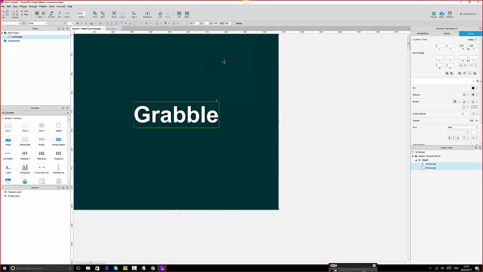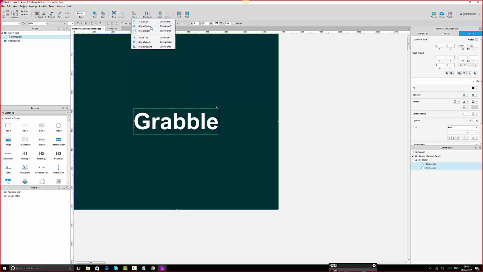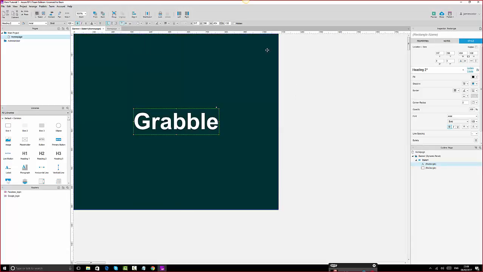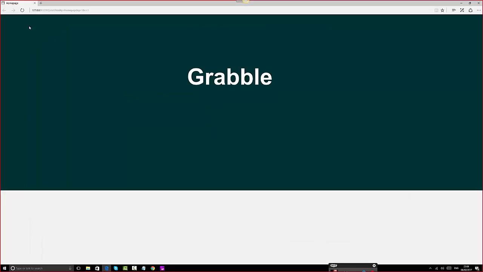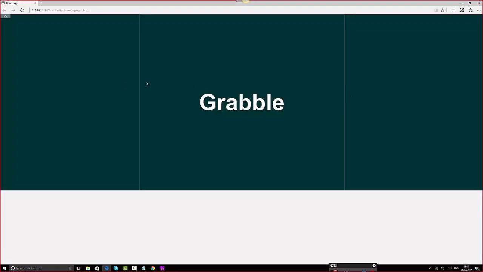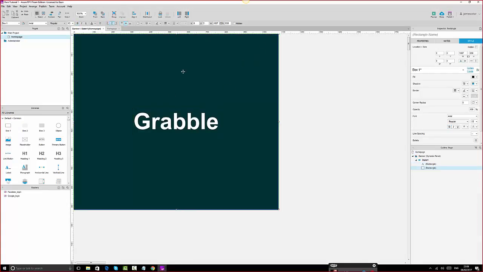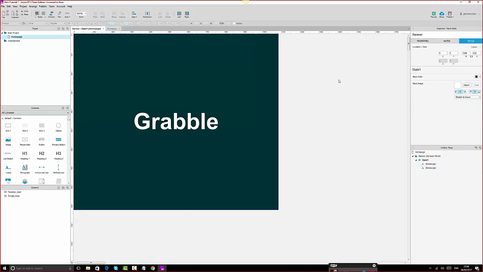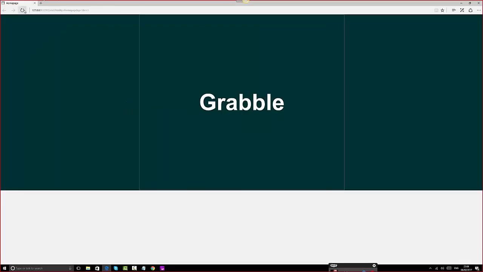But because there's a box now, if I make everything highlighted, I can center the text, which is the grabble, and then it stays in the center. And if I preview it, you can see that the text goes there. You can see this border here because of the text, because I've added the widget. And to get rid of the border, you just need to go to border and say none. And if I preview it again, we cannot see it anymore,